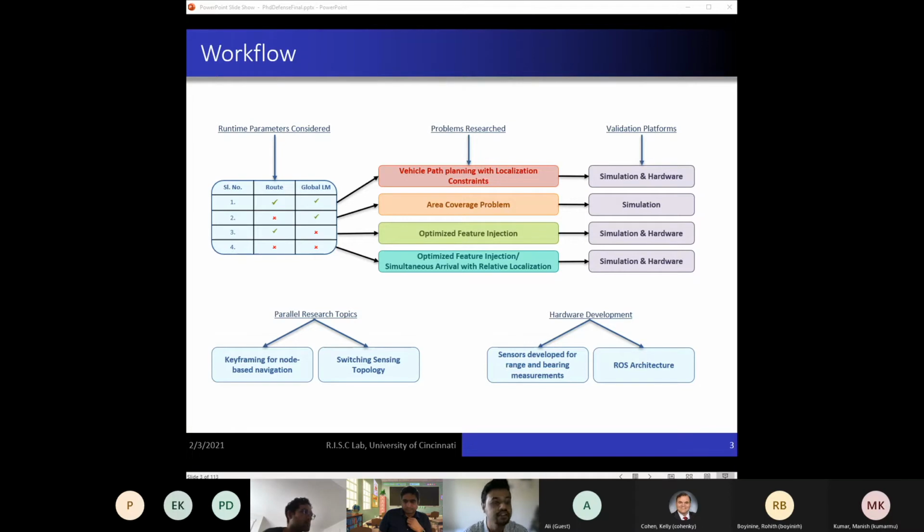We have validated the efficiency of our algorithm through extensive simulation and hardware testing. Hardware development played a major role during the course of my research. Therefore, I'm going to be talking about it briefly in the end. Finally, time permitting, as part of the future work, I'd like to talk about a few approaches that were explored during my research but not particularly used. Nevertheless, these are very powerful techniques that can be used to solve challenging problems.